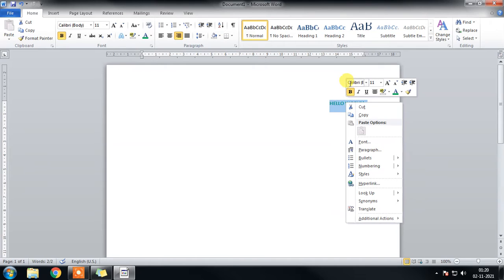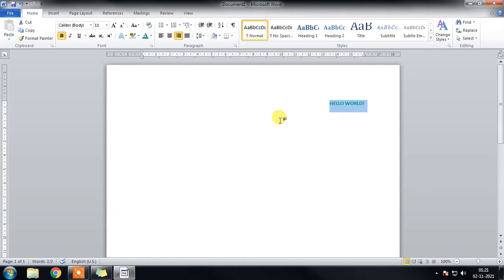One is the mini toolbar, to quickly apply the styles, and along with that we get a list which is called the context menu. We can see the context menu at some other places also. Here is the word icon. When you right click here, we can see a context menu related to the word icon. The same way, when you right click on the ribbon, we will see a list of commands, which is a context menu here. The same way, when you right click on the status bar and on the status box, we will see a list of commands.